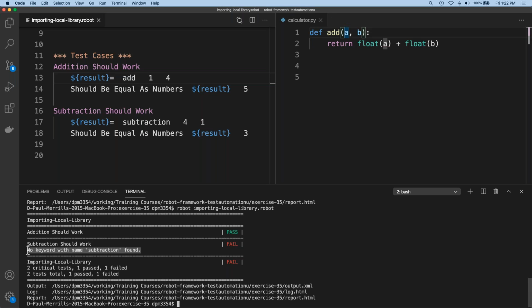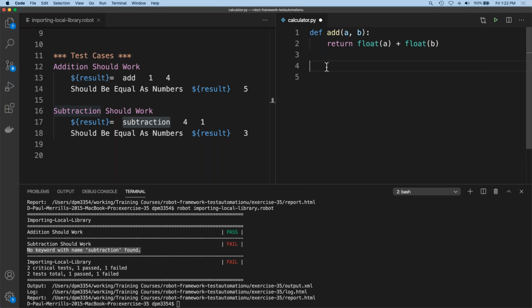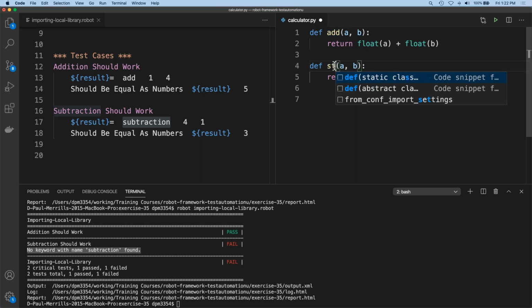So this is the kind of error message you're going to get when you can't find the keyword that you want. This keyword that I'm trying to use, subtraction, doesn't exist over here in Python or anywhere else in what Robot Framework can use. So we would have to create it. And I'm going to be really lazy, and I'm going to just copy what we had and change it to